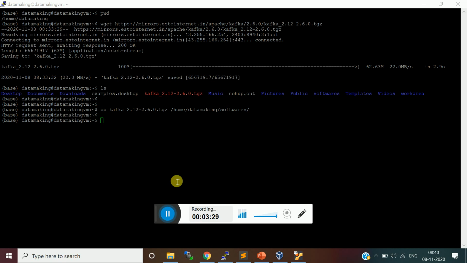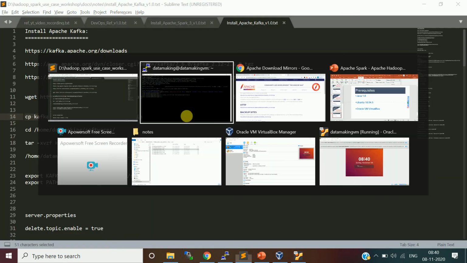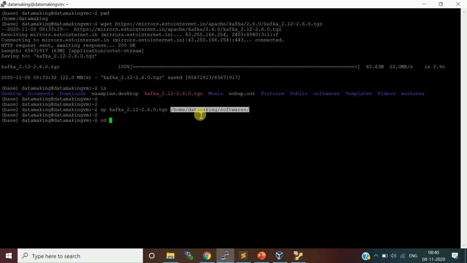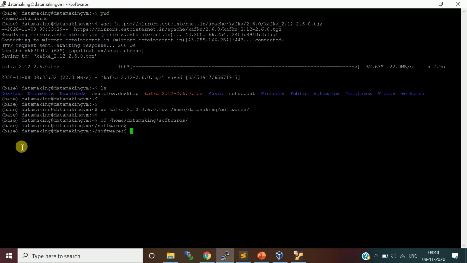So we downloaded the Kafka binary and moved it to the softwares directory. We generally use this directory to install our software. So let me navigate to this folder, and then I'll extract this binary file.